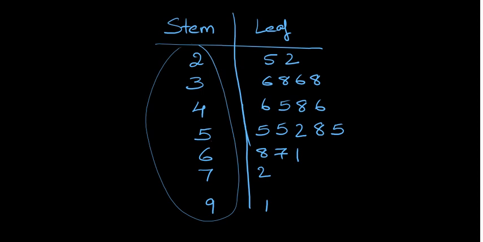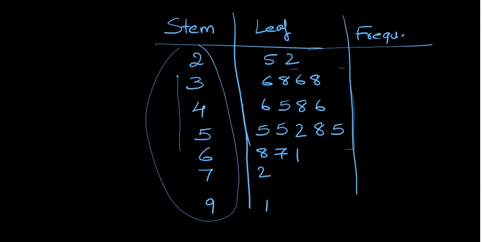For example, you can see from here that most of the data points are lying in this regime. It lies somewhere here, and you can also identify that the frequency corresponding to the 50s is higher. For example, you can also have a separate column for frequency. Frequency is the count, the number of times it is there.